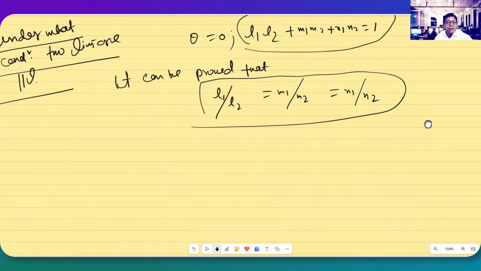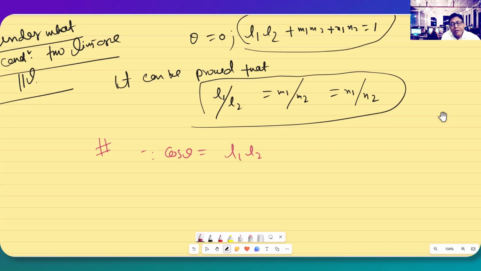But how to prove it? We can prove it with the help of Lagrange's identity. We are going to learn it. To get this condition, first let us find an expression for sin theta. Since cos theta you got L1 L2 plus M1 M2 plus N1 N2, therefore